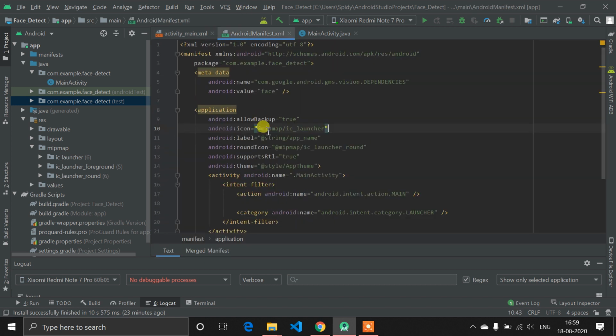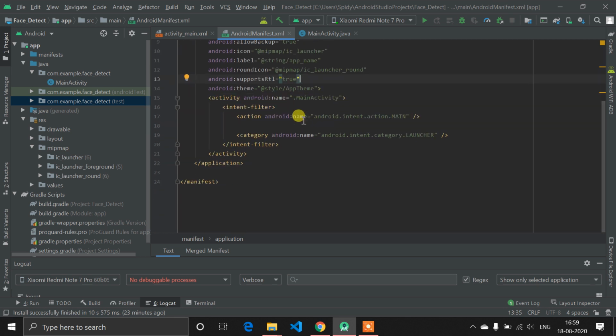Now what library are we using in Android? In Python, we use OpenCV for face detection, with the Haar cascade technique.